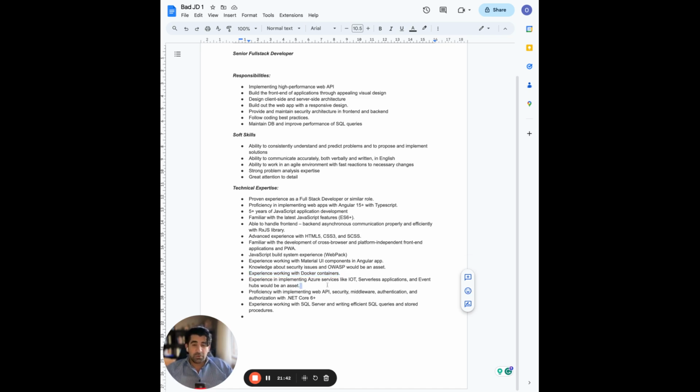Okay. Oh boy, this is an interesting one. Okay, so experience in implementing Azure services like IoT, serverless application, and Event Hub would be an asset. So IoT is a subspecialty. Right there and then, it is a subspecialty of software development because it crosses into hardware development, into firmware development. It's not as simple as, hey, let's just plug something in and that's it, right? Serverless applications, okay, fine, fairly simple, not too complicated. Also, doesn't really need to be mentioned because if you can develop code, guess what? You can develop serverless, right? Unless this individual is going to be the tech lead, but it's not.